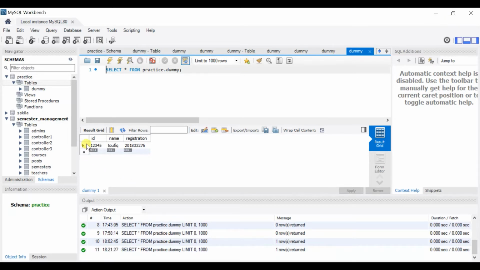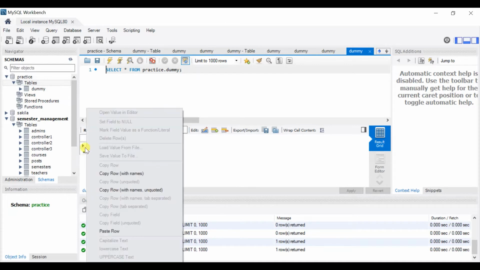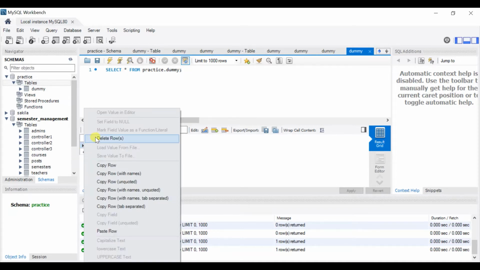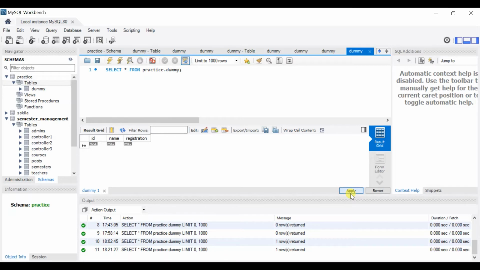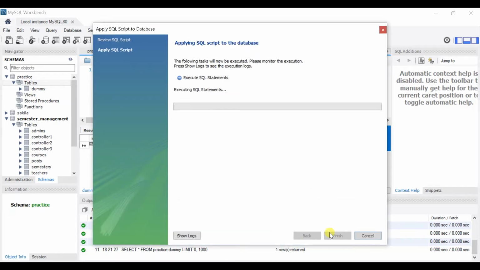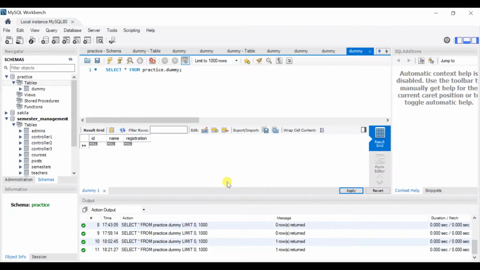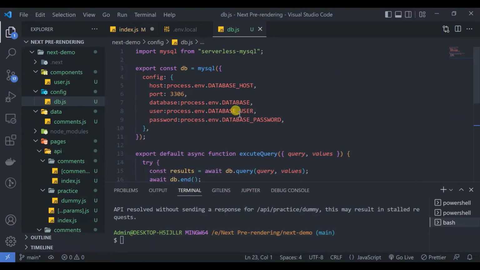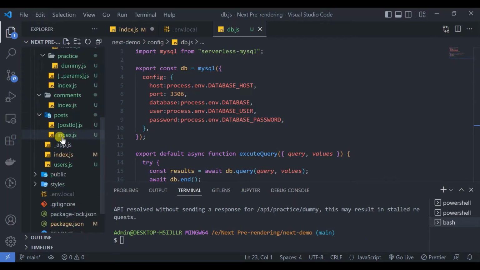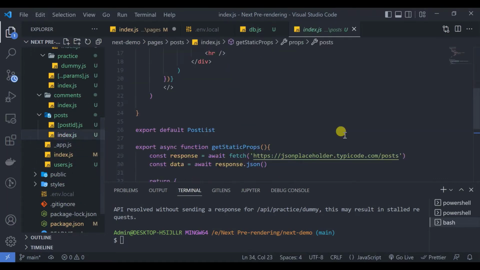We have created here a table called dummy, which has 3 attributes: ID, name and registration. Let's empty the table. Then let's go to our